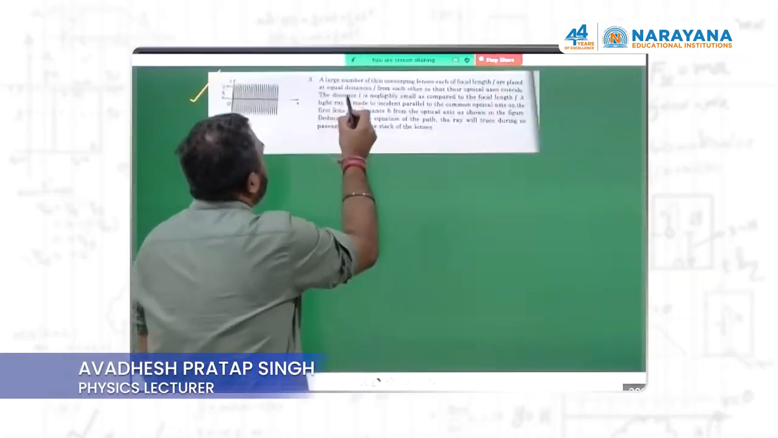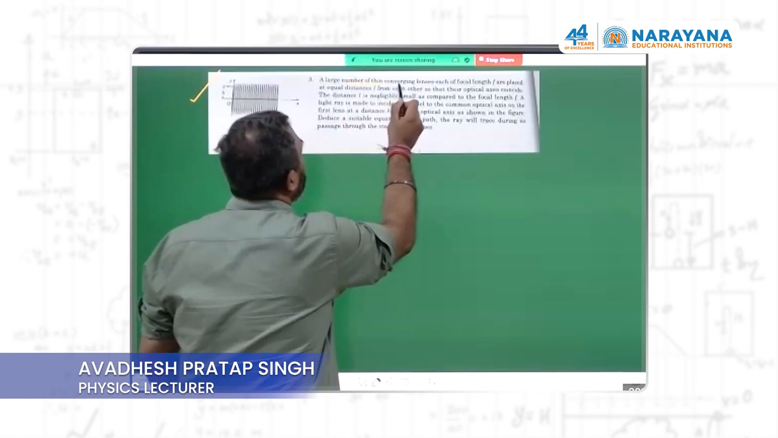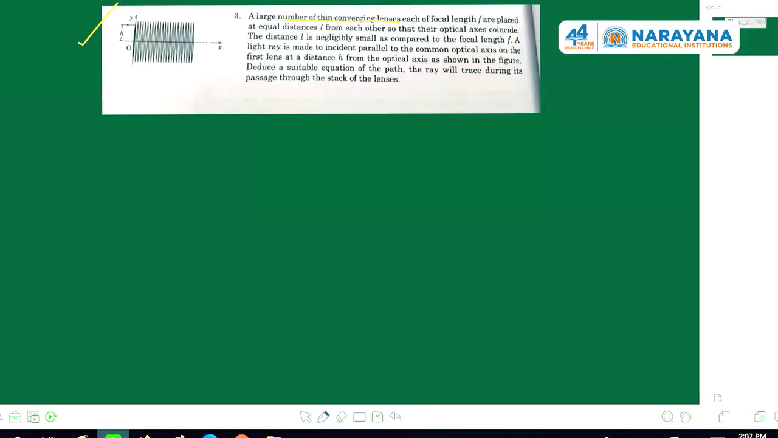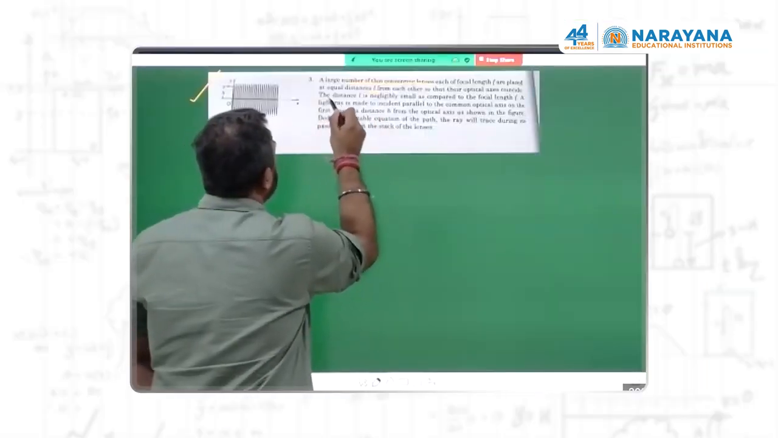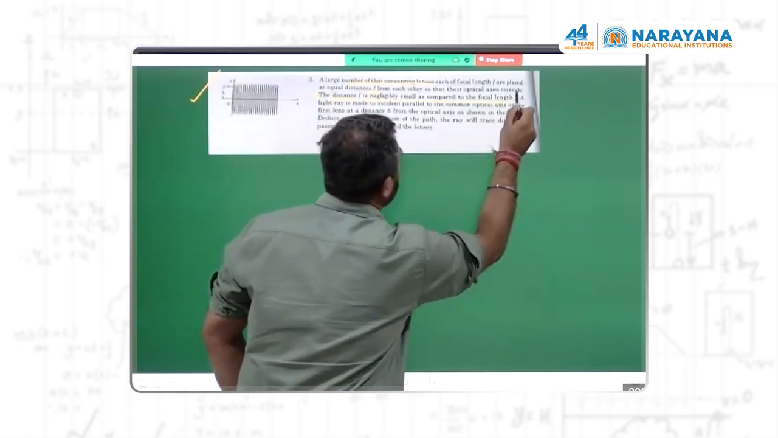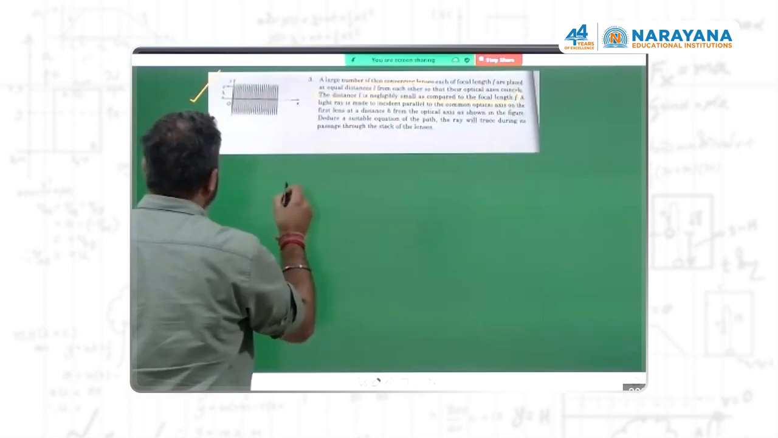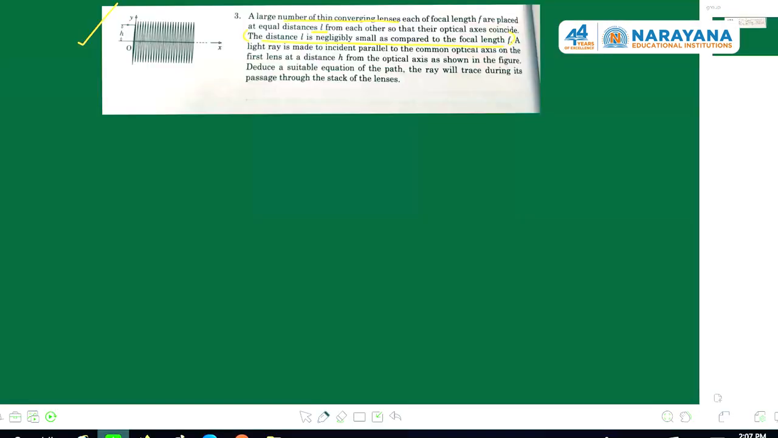The problem is that there are a large number of thin converging lenses, as you can see, and each of them has a focal length of f. They are placed back to back, and the distance between consecutive lenses is given as L, right? There are some conditions given, like the distance L is negligibly small as compared to the focal length f. And there is a light ray which is coming parallel to the principal axis,